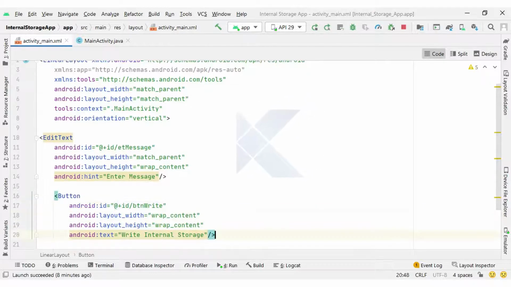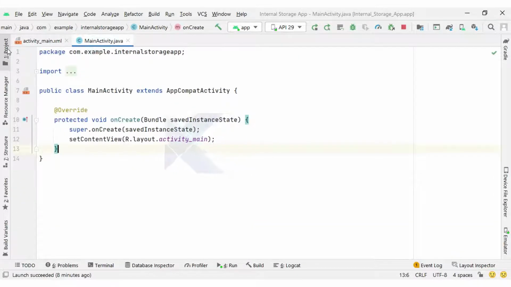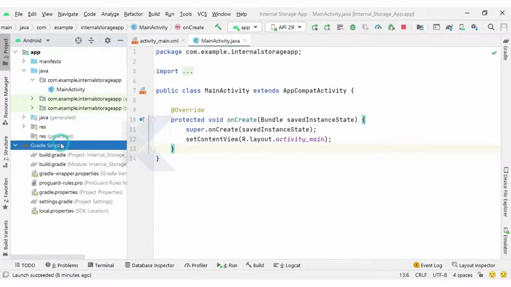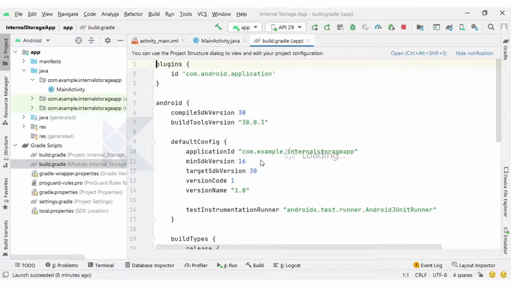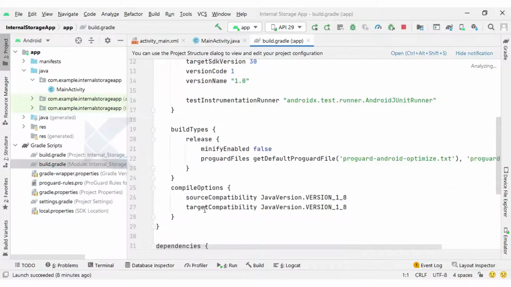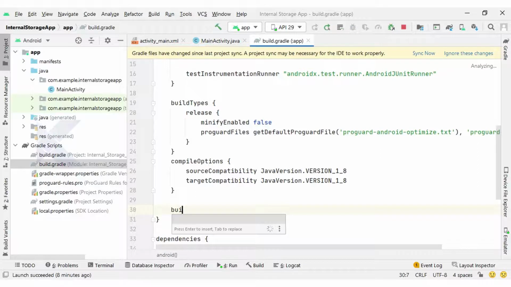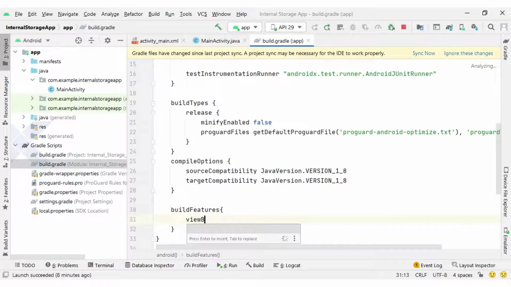This button is going to write on internal storage. Inside our activity we are going to implement the view binding code. Before that, let me enable view binding in our application. Inside our build Gradle module app file, I write build features, view binding true, and sync now.